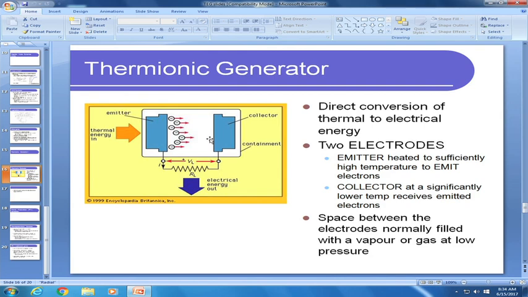But what happens is, because of the movement of electrons, a potential difference is created between the emitter and collector, and if you connect a load across it, the electrons from the collector will now travel back to the emitter through this external load. How? We will see as we study the physics of what is happening here, but this is how a thermionic